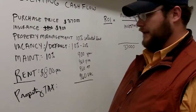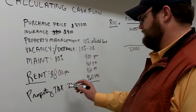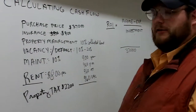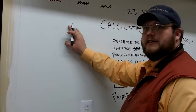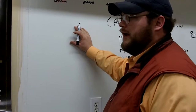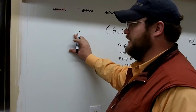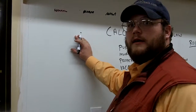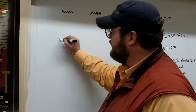Michigan is a little complicated, but we're going to go ahead and say $2,200 a year here, right? But there's some things I want you to look at. When you're looking, and you need to check it's state specific, but we have what's called homestead here. And it's interesting. So when you get your tax sheet from the city, if you're doing it in the state of Michigan anyway, you're going to see two things: